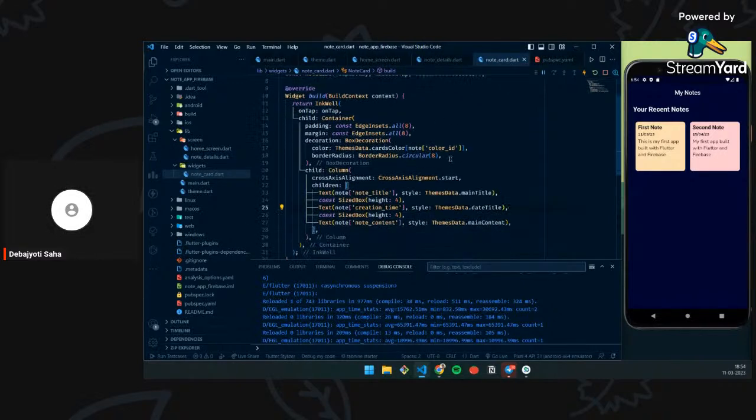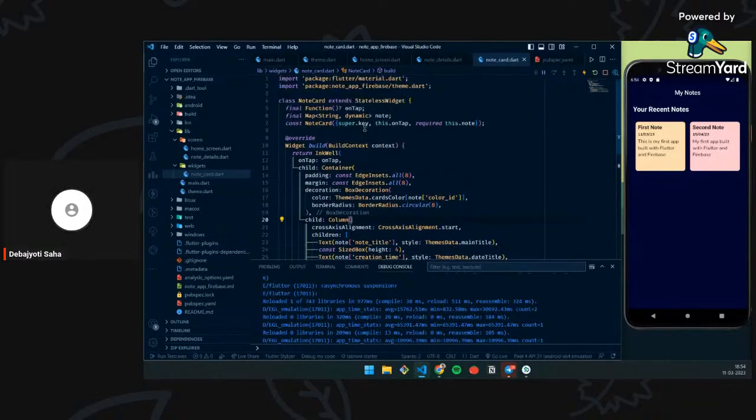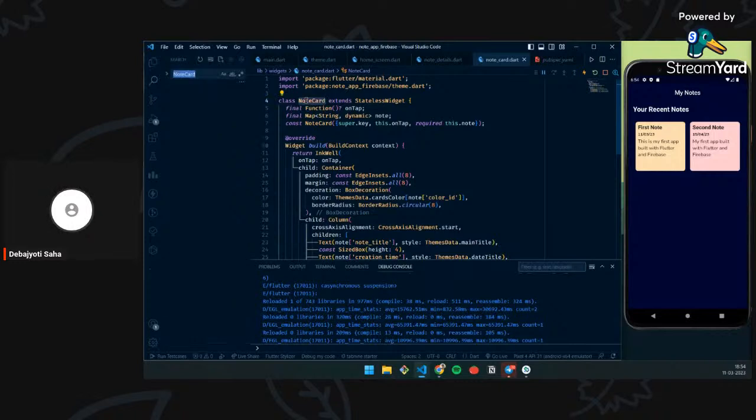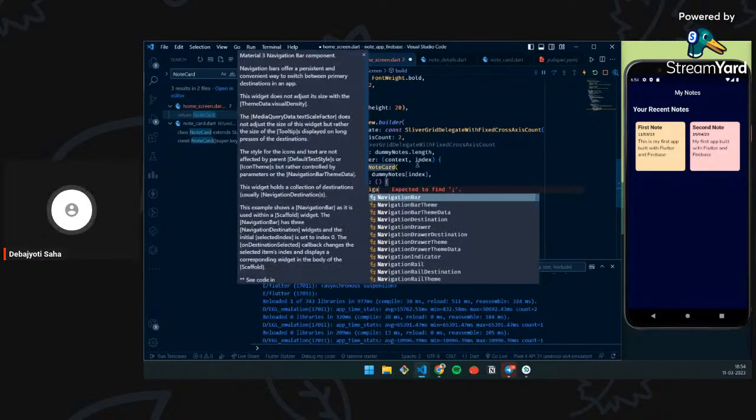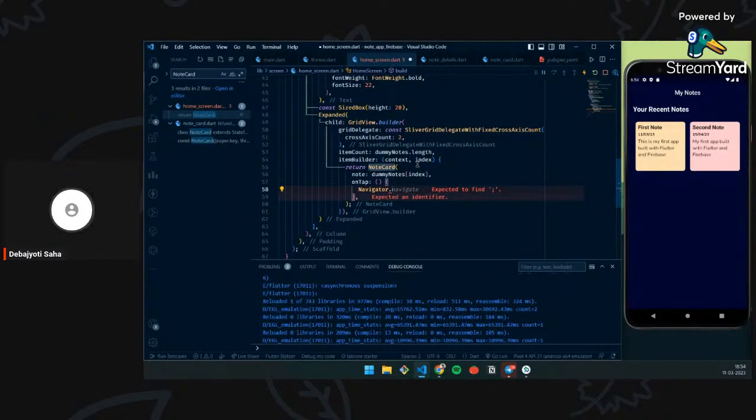Let me do one thing. Inside the on tab where we have used this node card thing, inside the home screen, right? Now I will show you how to go from one screen to another. For that we will use the navigator method. So Navigator dot